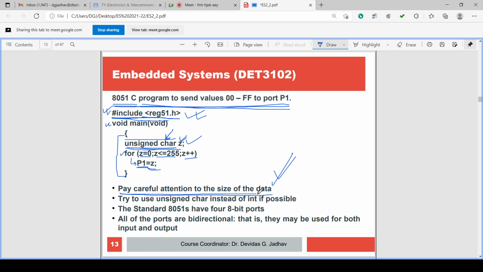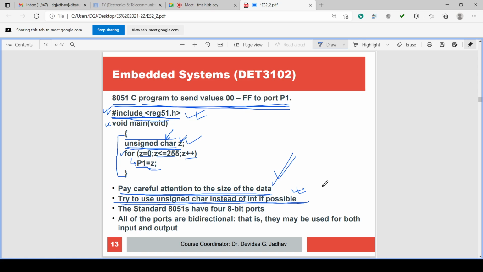We have discussed the size of the data and the type of the data. Try to use unsigned char instead of int if possible. Why? Because int is a 2 byte memory location, so it consumes 2 bytes, 16 bit. It increases the data size and file size. Out of whatever memory is available in the 8051 microcontroller, it consumes 2 bytes.